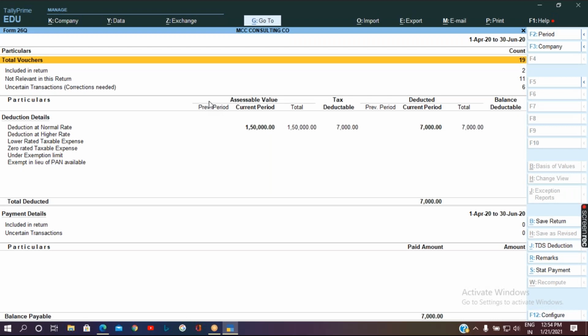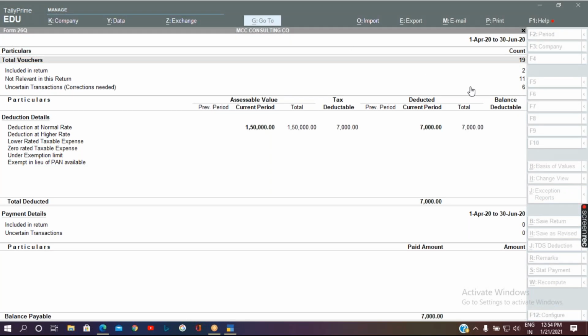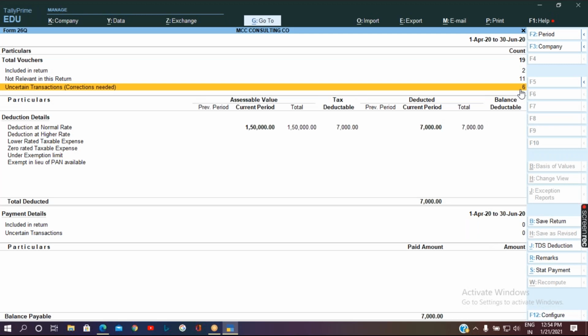Okay. In case it is not showing the transaction, even if the ledgers have been created properly and everything has been given, if there is one small mistake, it will not show the details here. In such a scenario, it will show the transaction information in uncertain transactions. Here it is showing uncertain transactions of those transactions which have not used the TDS.